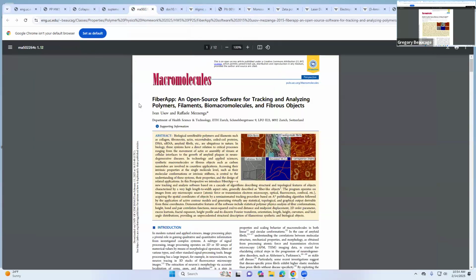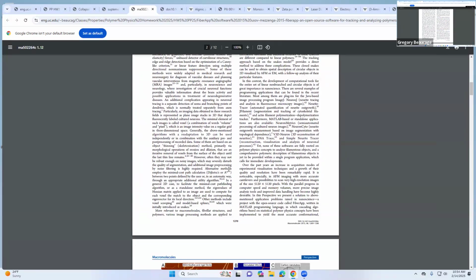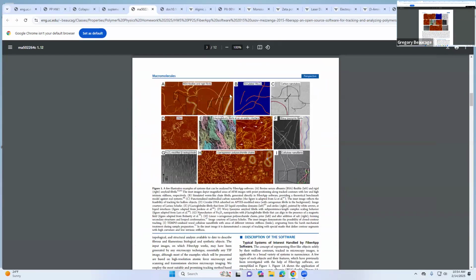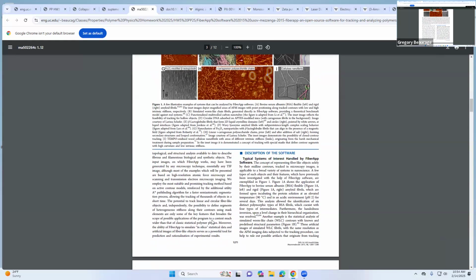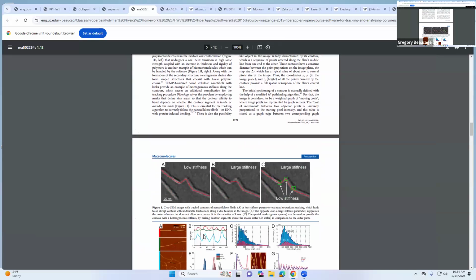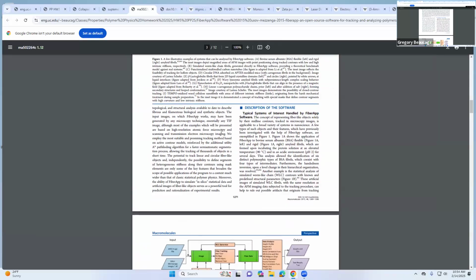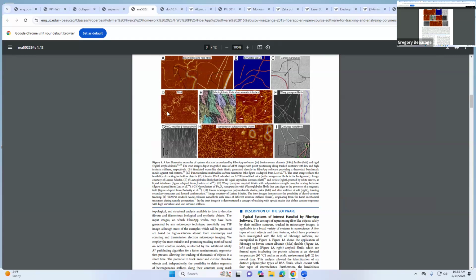Where it is, this thing, fiber app. You can see they did just that here, the red lines are highlighted fibers. The software itself does it, it's a nice software. See, he's just done an outline of the fibers here, so I don't know why he didn't do that. These are dilute, right? Maybe these are dilute or just at the overlap concentration, which is different than what he